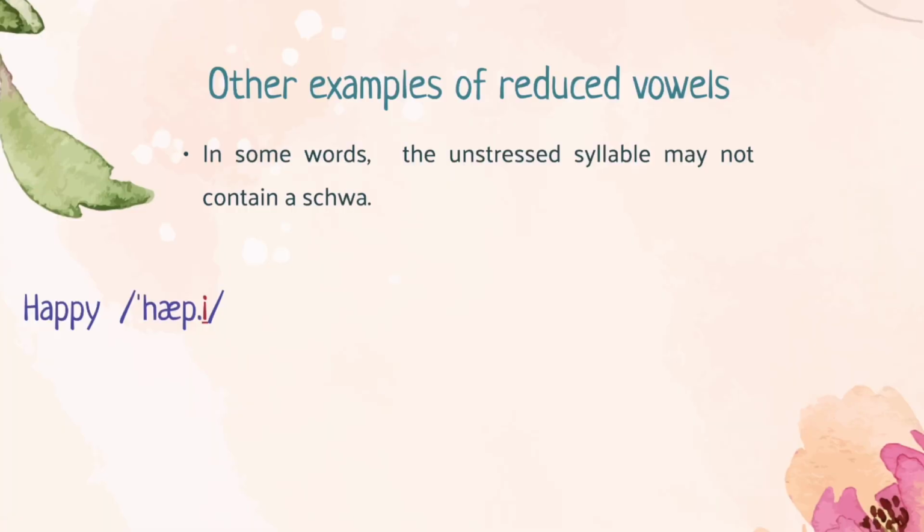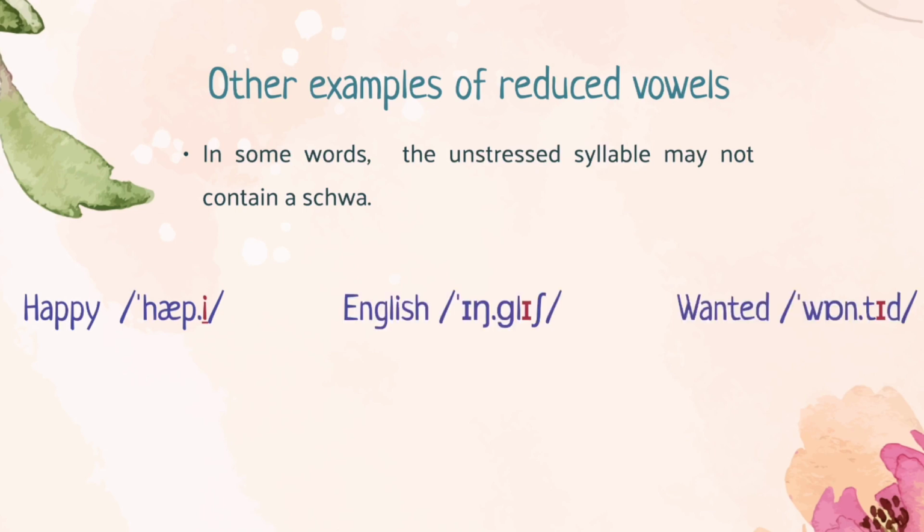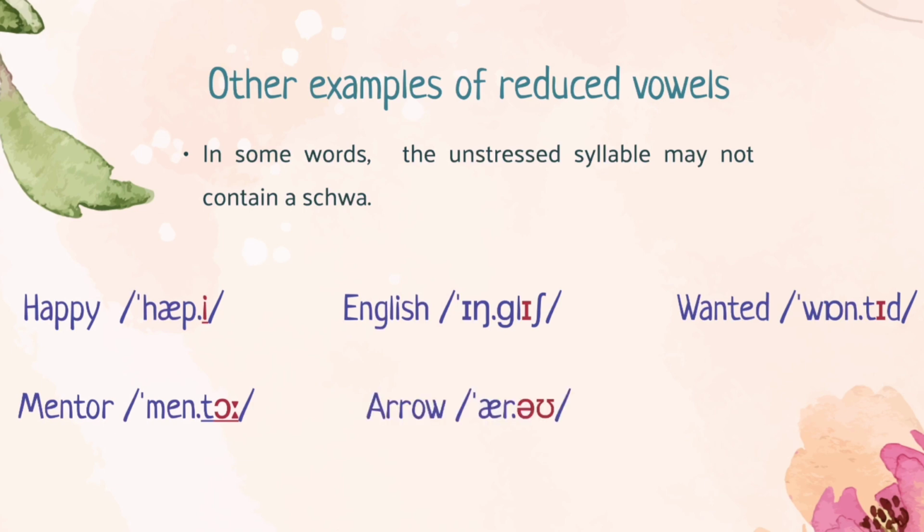For example, in the case of the word happy, English, wanted. From the given examples, you can see that the vowel E can be the vowel that occurs in the unstressed syllable as well. Or other examples like mentor, or arrow, or guitar, or hotel. As you can see, there are many other vowels as well that can be found in the